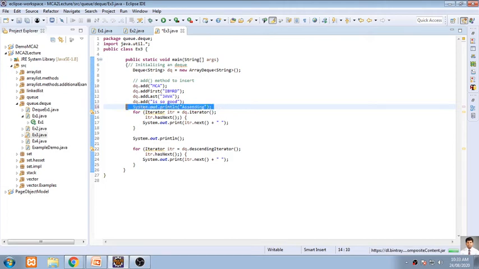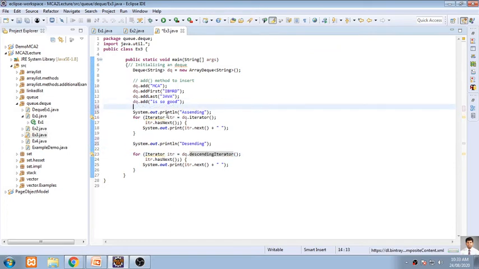And the same functionality with some different logic: the descendingIterator will be displaying in descending order. So first we'll go for only displaying this value. We will display the array called q.